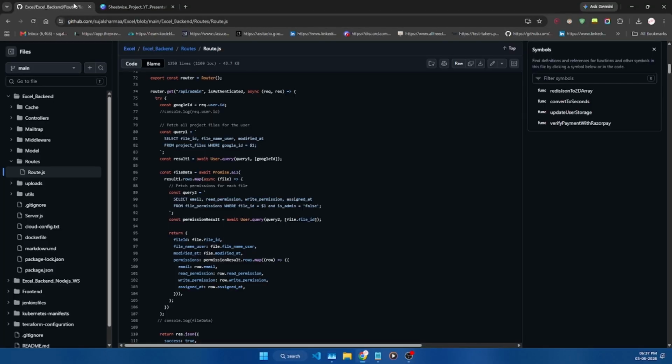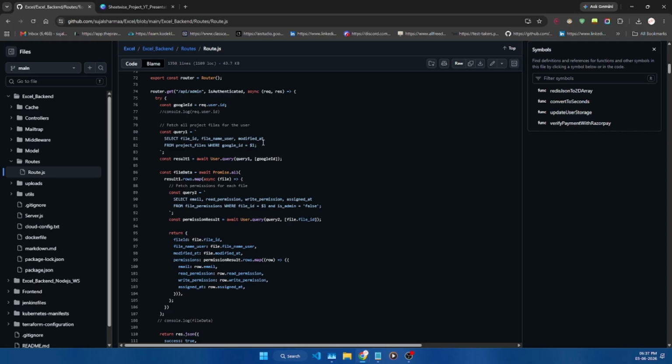All right, so let's move on to the GitHub. The first route is API/admin. The purpose of this route is to retrieve the user dashboard data, including all files and their sharing permissions. First, it queries the project files Postgres table using the user's Google ID to get a list of all their files.